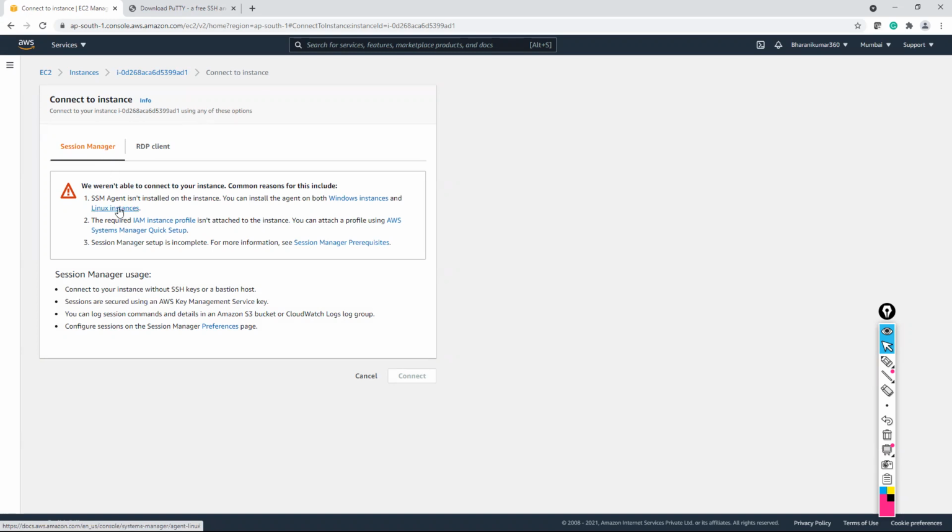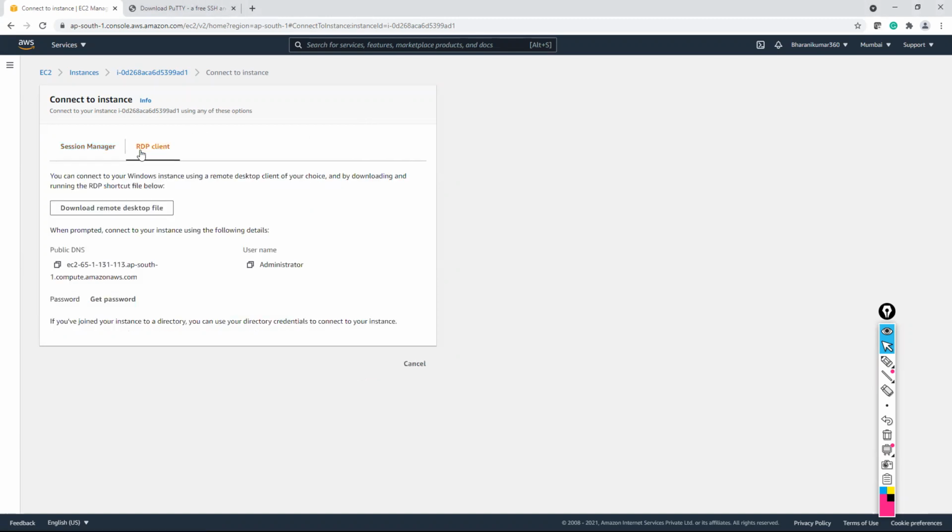So these are some general reasons it gives. So you have to connect through RDP. For Windows instances, there is no connection option via the browser. The remote browser client is not there for Windows. You have to only connect through RDP, Remote Desktop Protocol.